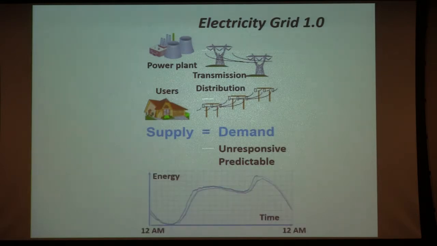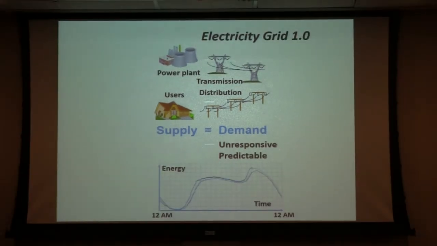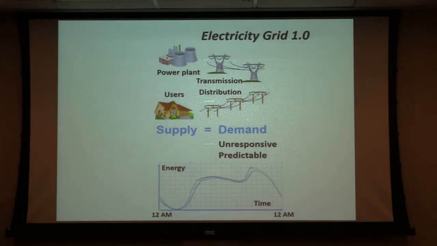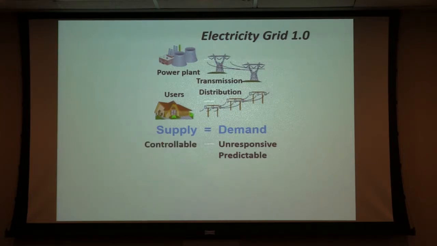This is one example for one neighborhood. We can see the electricity usage follows a similar pattern on different days, and the variation around the average is very small. So all the control can be pushed to the supply side, because the supply side is controllable: most power plants are gas or fuel plants, where we can control how much generation is being generated.